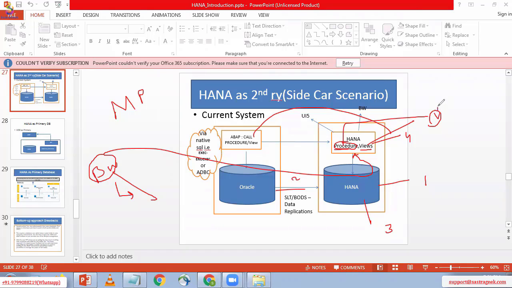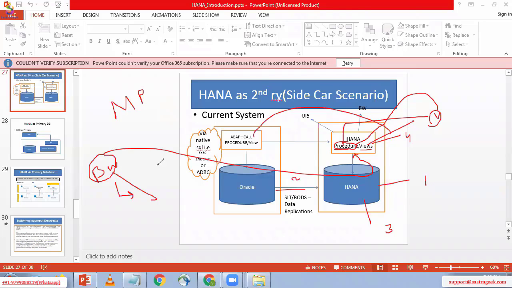Those views will be utilized inside the procedures. So if there is any technical issue in the stored procedure, the BW consultant will assign that ticket to the ABAP on HANA consultant.